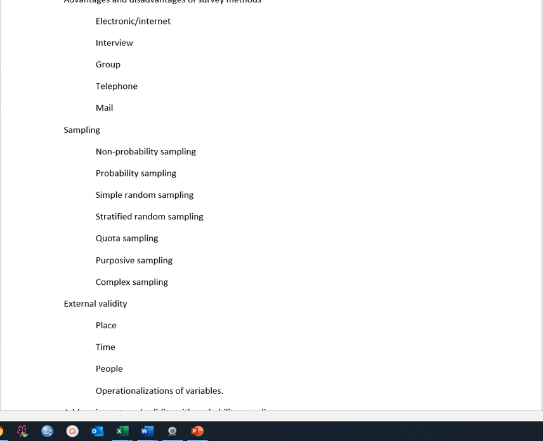So we should know that non-probability sampling is, as it sounds, any method of sampling that doesn't involve attempting to introduce some element of randomness so that we can hopefully get a sample that is representative of the population, which would in turn allow us to generalize the results back to the population. In a non-probability sample,